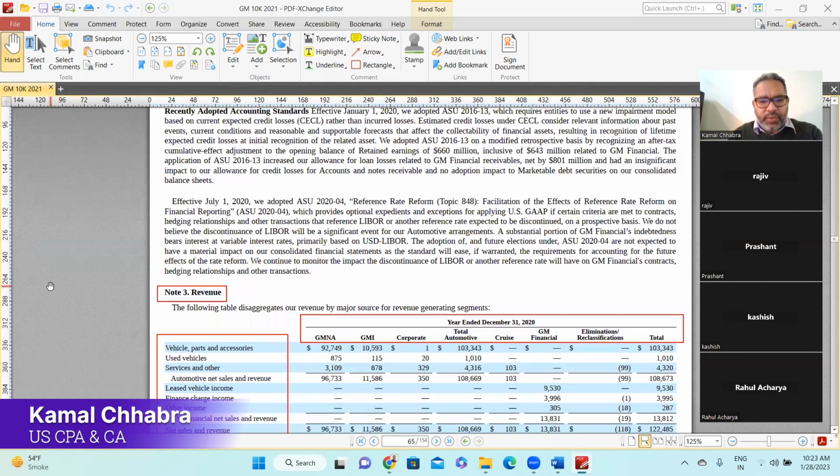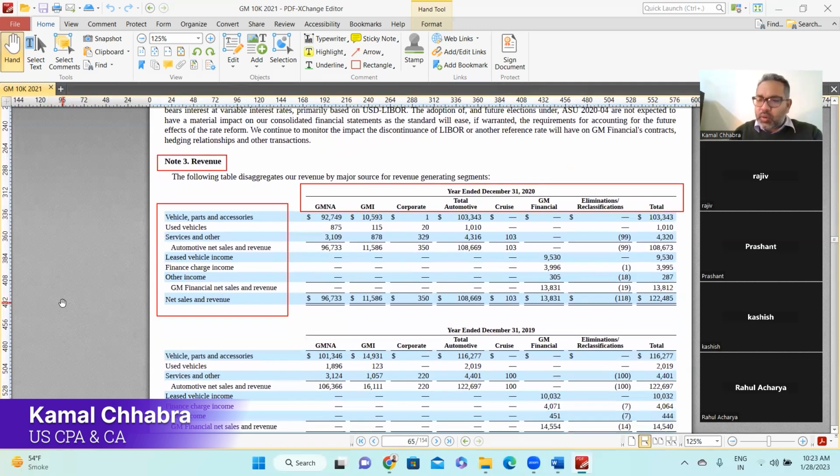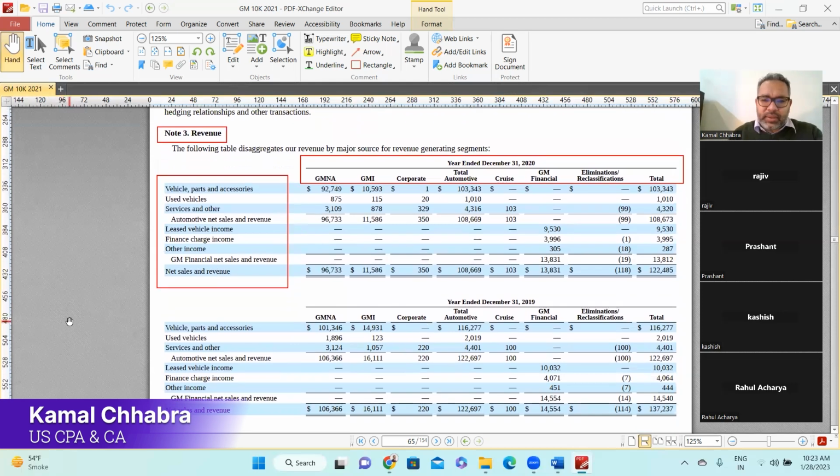This was like what we have discussed earlier. It was accounting policy for revenue, right? Now look at the disclosure part of the revenue. Like in the disclosure part here, you see they have done a disaggregated level of disclosure. If you see on the right-hand side, General Motors North America,